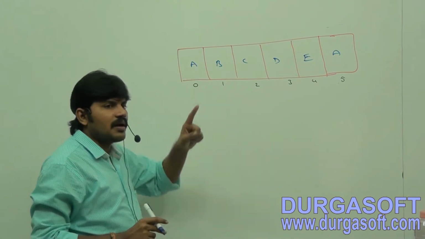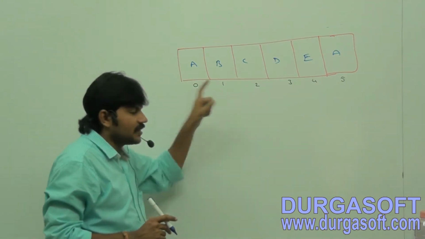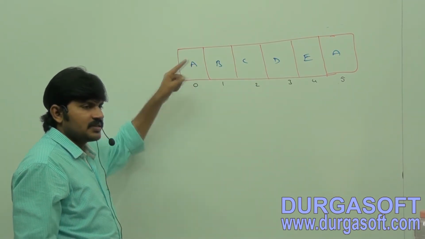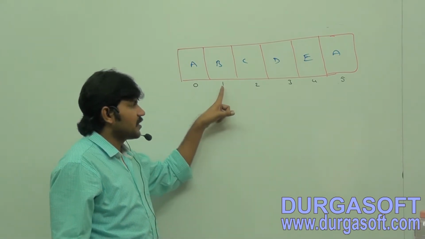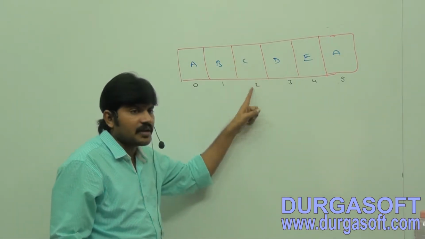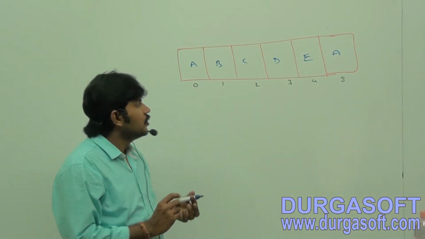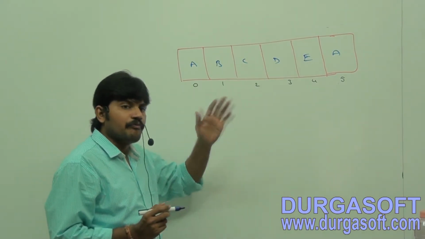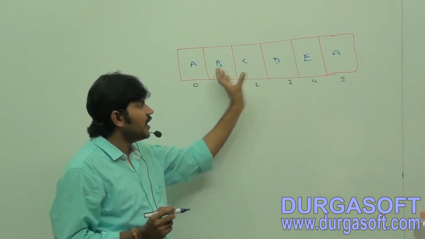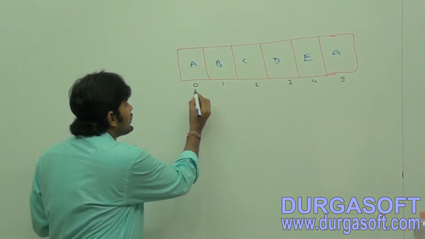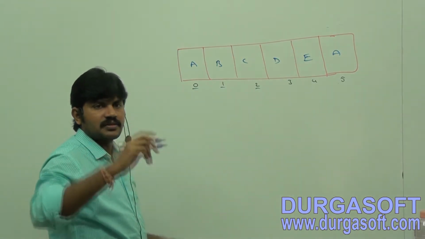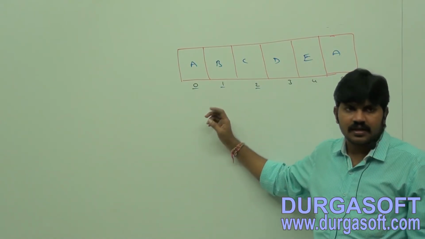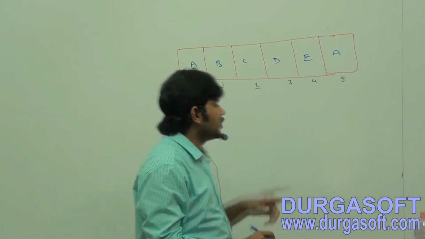Sir, here how is the insertion order preserved? Simple. Insertion order is preserved via index. The first inserted element is located at the 0th index. The second inserted element is present at the 1st index. The third inserted element is at the 2nd index. Are you able to understand that? So insertion order is preserved with respect to the index. We can manage insertion order because of this index only, right?